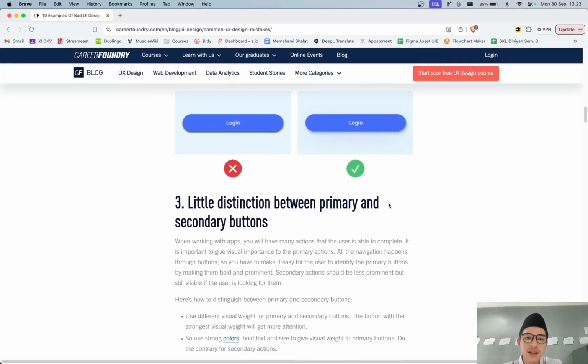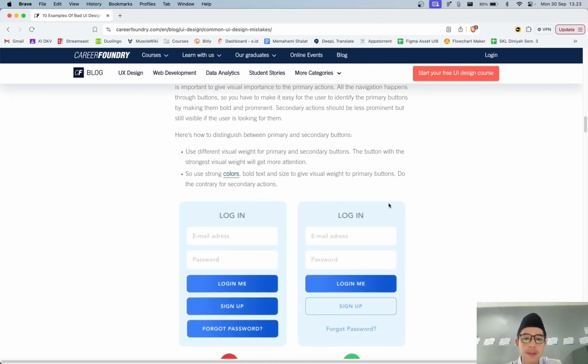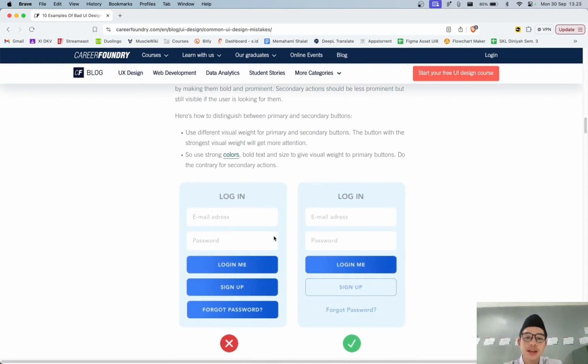Okay, and then little distinction between primary and secondary buttons. Okay, like this is not a good UI because this is a mistake. So in a UI design, you need to have a difference. Like this is an input field, email address, password, primary button to login, and then to sign up you have to click the secondary button.